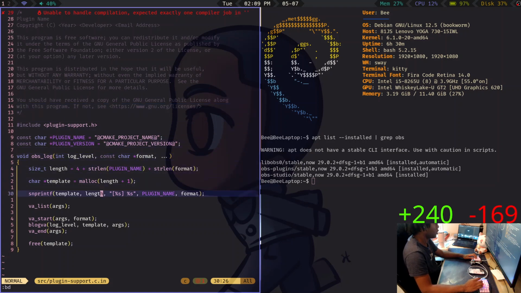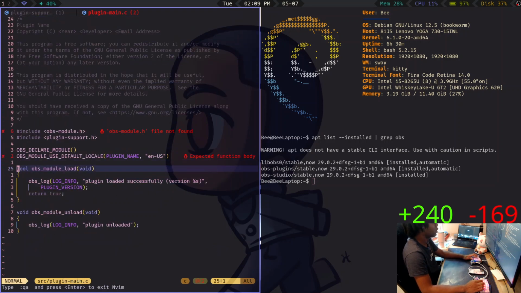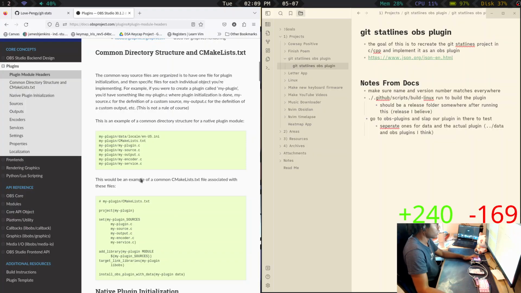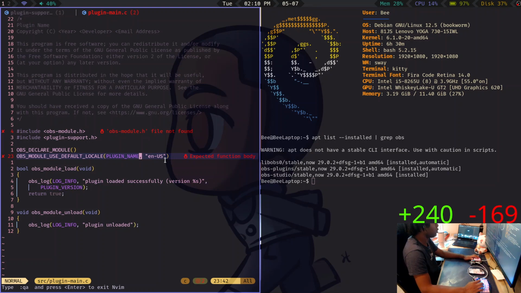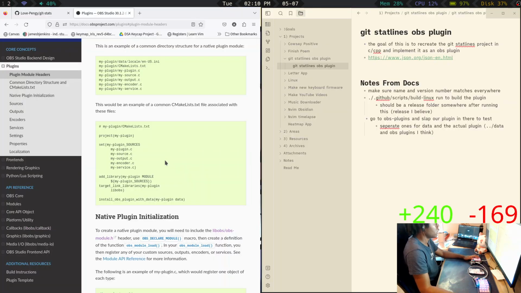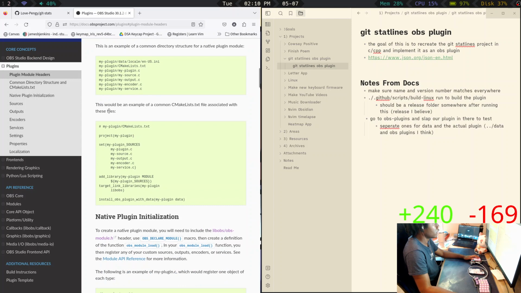That's just a plugin name. I'm gonna leave that too, because I don't actually know if CMake can pull from that. Because what they do here, did they leave it? Wait, which one? Use declare module. This is in. This would be an example of a common file.